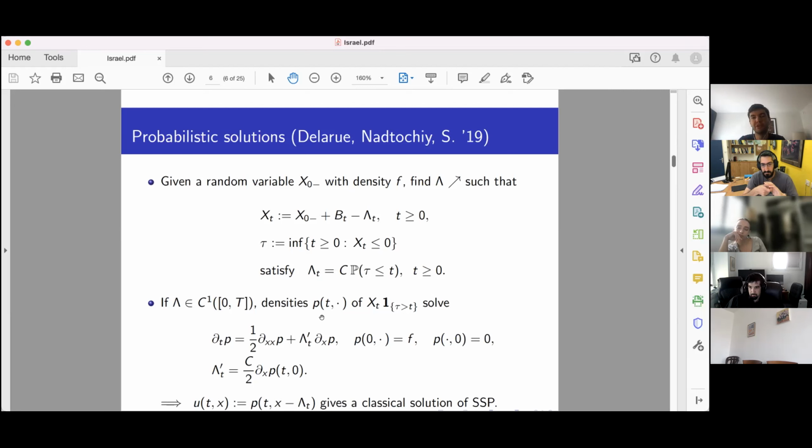And so the marginal distributions of that absorbed process have densities that describe the temperature distribution in the water. So P is basically the temperature distribution seen from the point of view of the boundary. So P will live on zero to infinity, so it describes the temperature x units away from the boundary. Thank you. Sure, you're welcome.